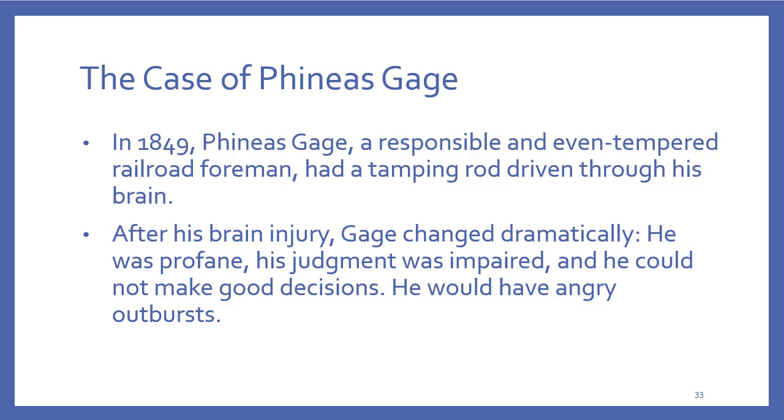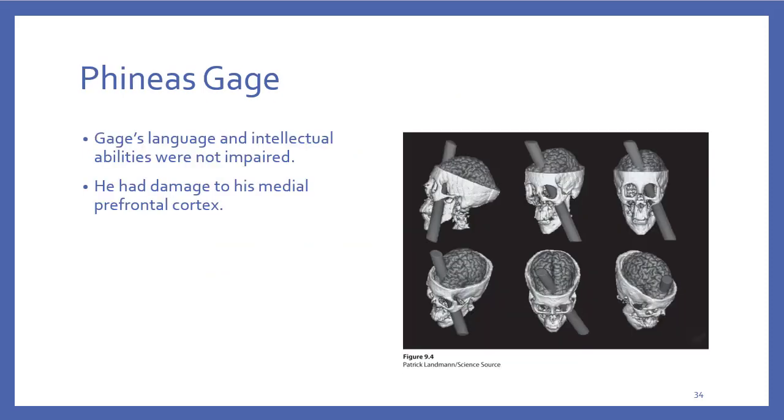One of the things that you will learn about psychology is that most of what we know about psychology is based on the cases that are wrong, incorrect, problematic, or abnormal. Phineas Gage is one of those cases where we learned about what happens in the brain when there are certain lesions. You can kind of see this in this picture, different views of where the tamping rod went up through Phineas Gage's brain. It was about an inch and a quarter around, which is a big hole to put in somebody's brain. It went right through the prefrontal cortex, the medial prefrontal cortex, so more toward the middle.